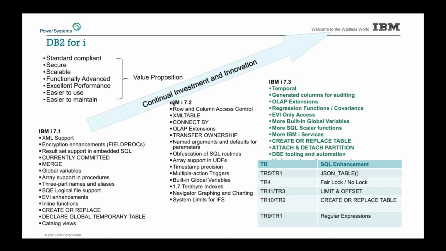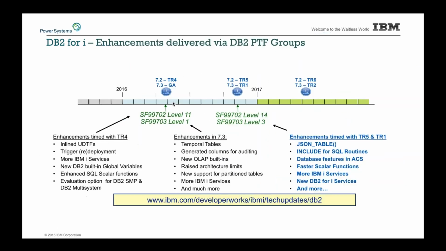So with this particular TR, much like many of the other TRs, we have a significant list of updates that went into this particular TR, both large items and small items. This little thing here is showing you continual investment. You can see we have some big items that went into each of the last TRs. This particular TR is no exception. In order to get this information, this is where we